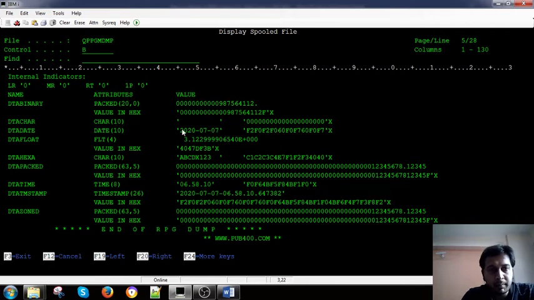So I have given the current date in the program, the today's date in ISO format, right? I have given the float values, and so the float values come here, right? Some flags, I have given some default values here. And this is again, you see, the important thing is the time. Just now I have run it, so it is giving the current time, 6:58:10, right?